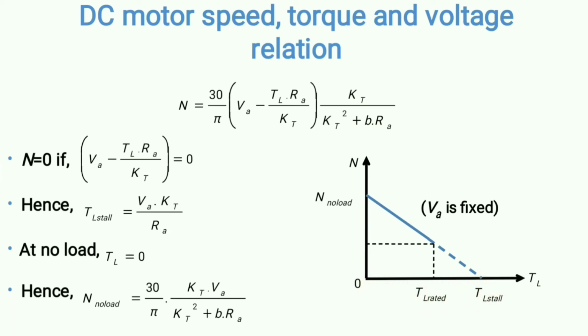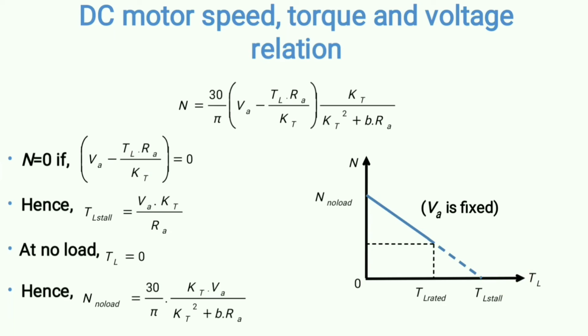And one more thing, many people may ask what will be the case if I further increase the load torque. I mean, if I go beyond stalling torque, what will happen? Theoretically, see, if you put the value in this equation, the speed will be negative, but that is the mathematical point of view, but practically it is not possible. Okay, speed cannot be negative if you keep on increasing the load. Okay, actually at this point speed will be completely zero, and even after this point, if you try to further increase your load, the speed cannot be negative, and the speed will remain at zero.